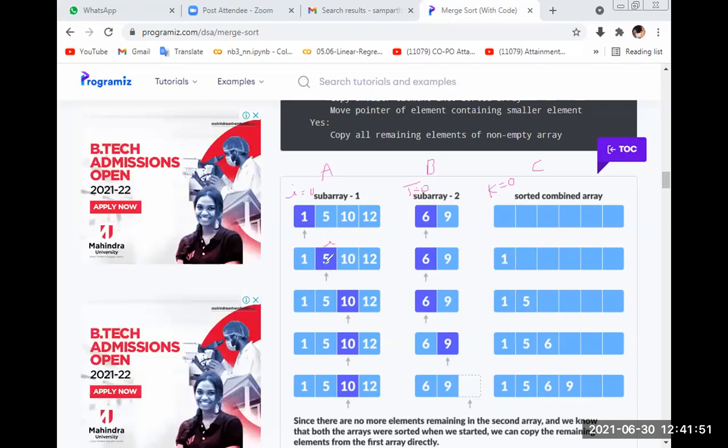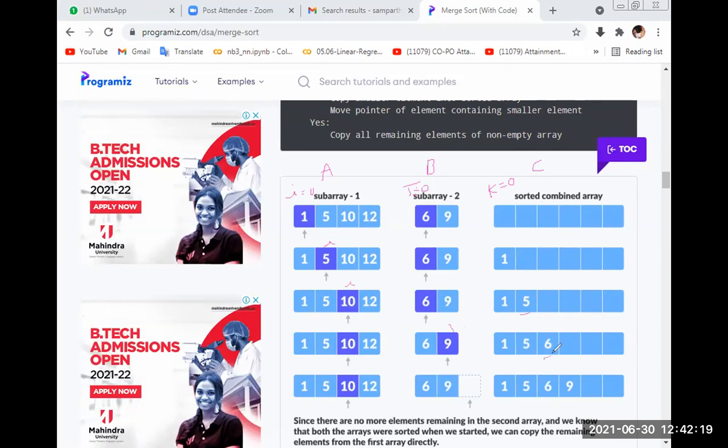Now I compare 5 with this J value. Which one is minimum? This one is minimum. So I store this one here and increment I by 1. Now the I value is here, and it is compared with 6. When comparing 6, I is greater and J value is less, so J is stored here and J is incremented by 1.